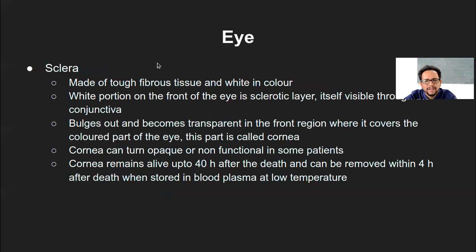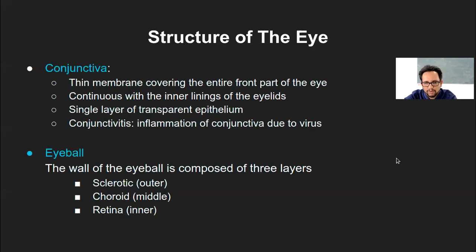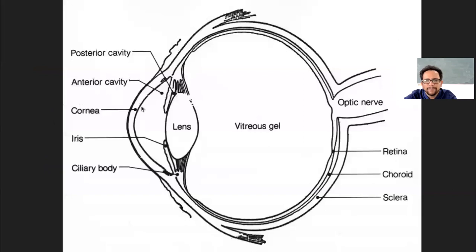Sclera was the hard fibrous tissue which makes up the whole of the eye structure, and the white portion that you see is nothing but the sclera. Outside the sclera, or rather at the front portion, you will see a cornea, where the sclera becomes more transparent. It is taken over by the cornea-like structure. So, like here it is shown here. And the main function of sclera is just to protect the whole of the eye structure, being the fibrous and hard tissue. Within sclera, you have choroid.